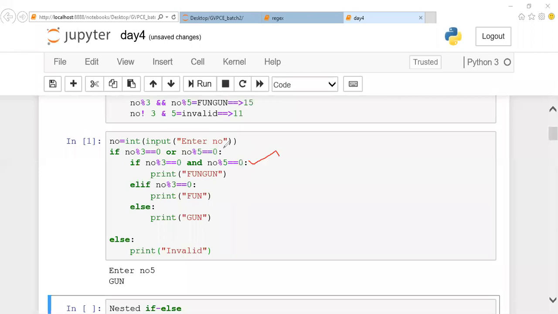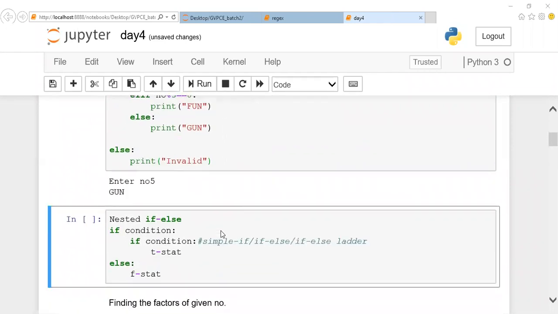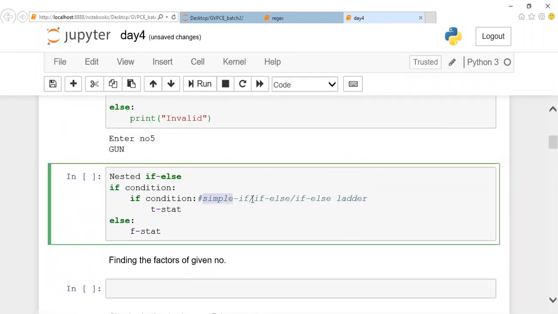Whenever you're going to have some multiple combination like this, the first preference should be given to the combination element. Then only you're supposed to go over to the next one. You can make use of any one of your ifs, guys. There is no rule that I have given some particular condition here. The same program can be written by using simple if, if else ladder, or if else, or whatever you want. I didn't give any condition.